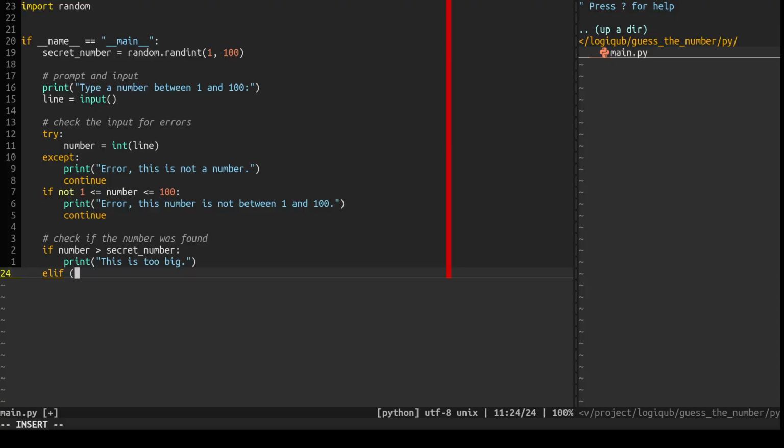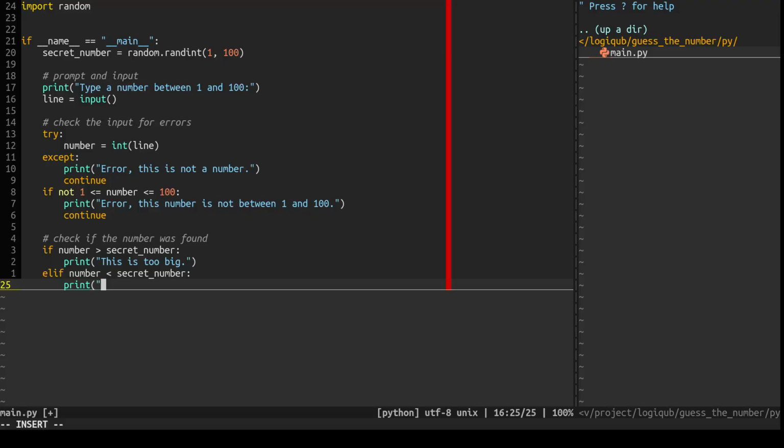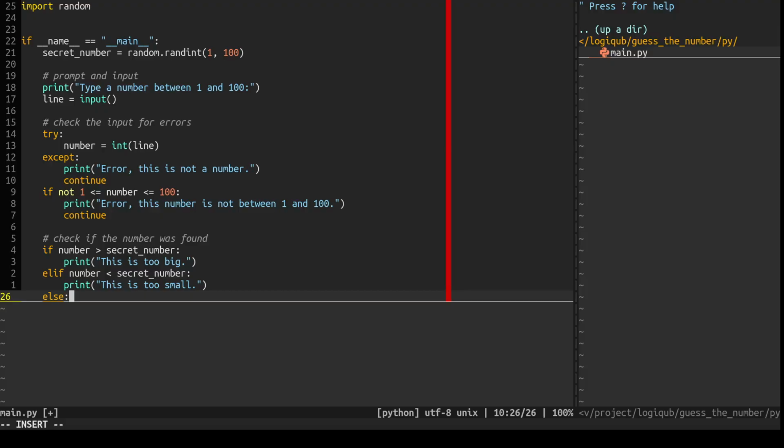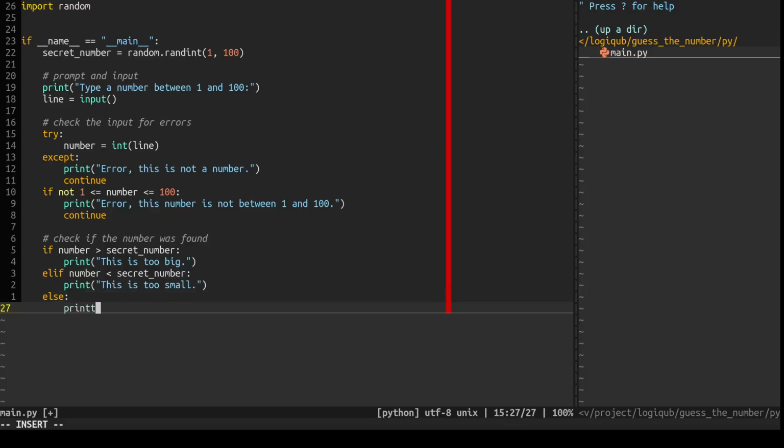If the number is smaller, then we print this is too small. Otherwise, we print, oh, congratulations, you found the secret number